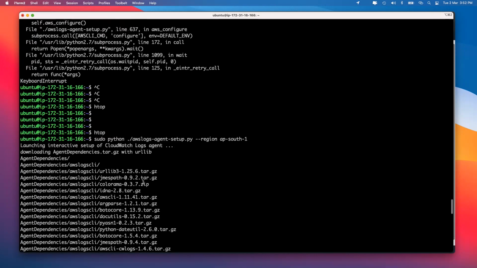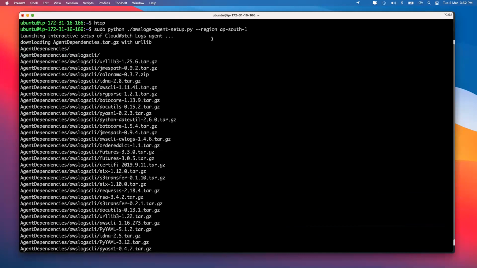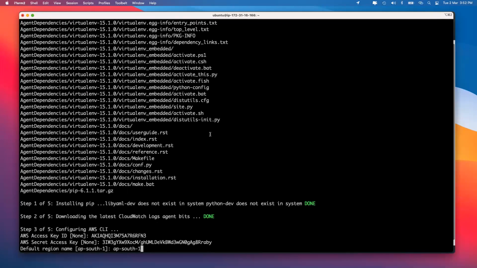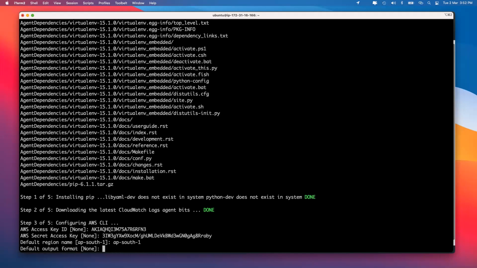Because earlier when we were running it, we had given that the region has to be AP South 1. That is how it automatically knows. Same thing, if you go and do a check with what you did inside your IAM, at that point of time, it will say none. So that's the reason why it automatically knew. Output format, none is fine. If you want, you can give table also, entirely dependent on you how you want to say it.